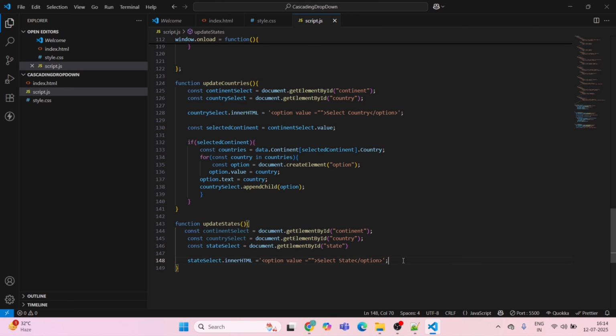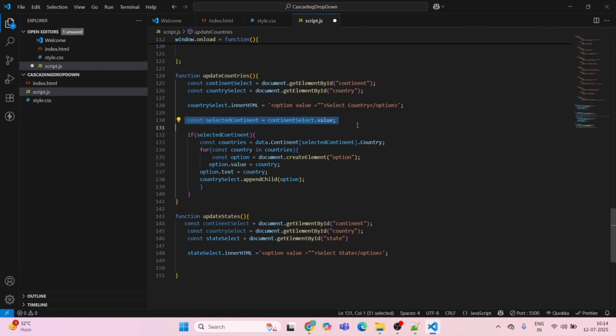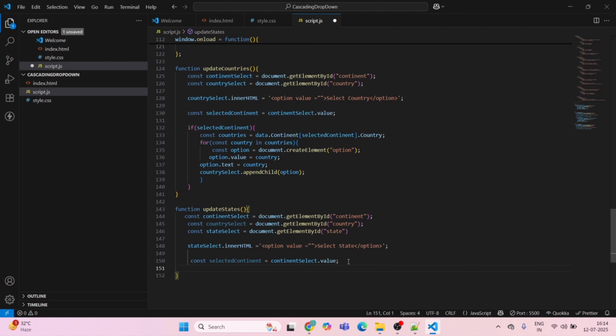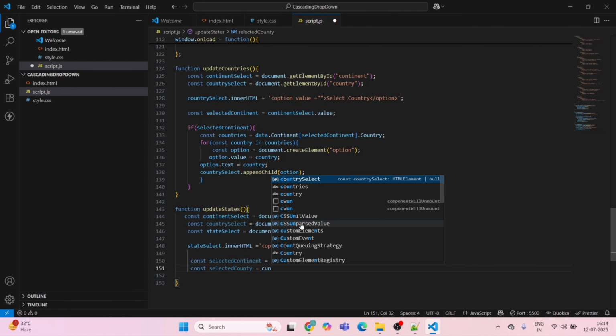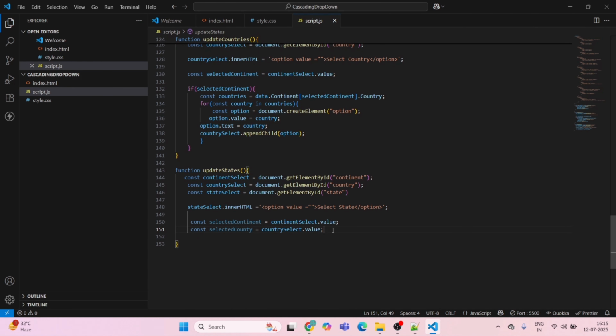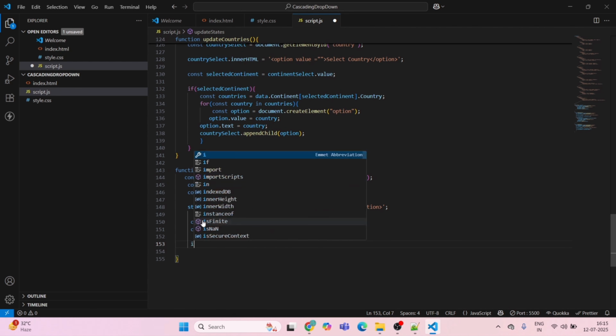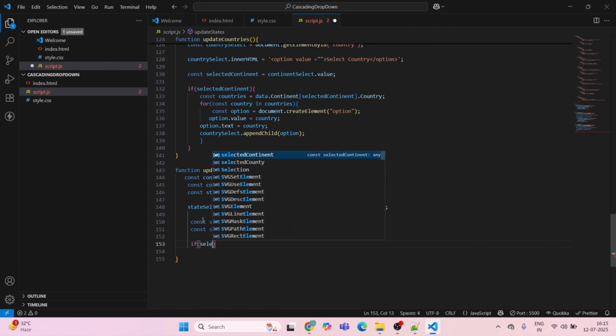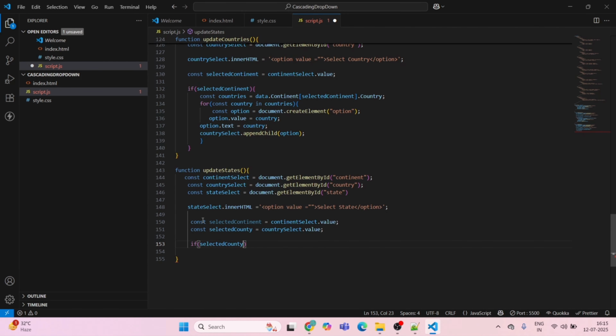And then we will have the selected continent and selected country. So this and const selected country is equal to country select dot value. We have got this because we are appending the value here, so we are getting the value as well, whatever we are selecting, right? Now again the same logic, if the country is selected, if selected country, then